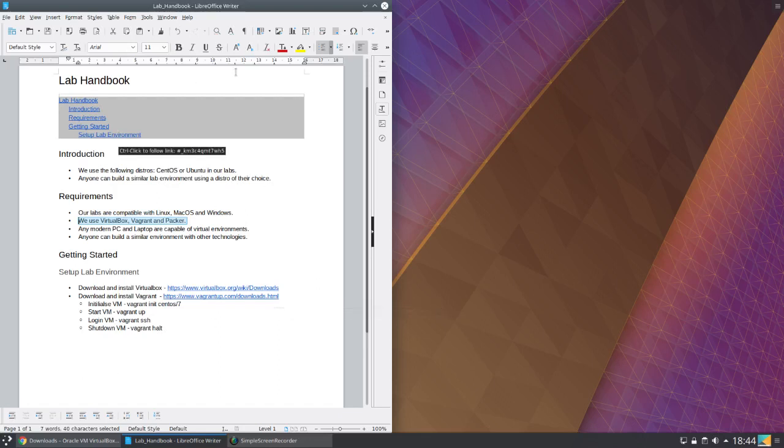So in this video we're going to be setting up a lab environment using VirtualBox and Vagrant. Now obviously our lab environments will be using a distribution of CentOS or Ubuntu. Anyone can build a similar lab environment using a distro of their choice. Our labs are compatible with Linux, Mac and Windows, and generally speaking any modern PC or laptop is capable of